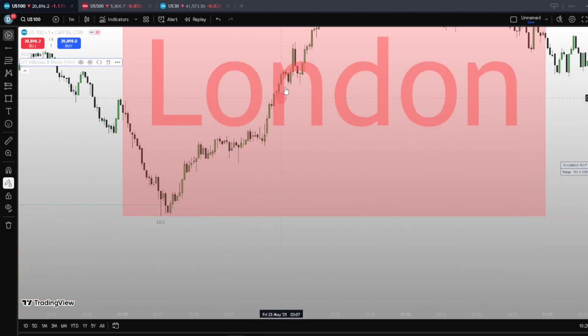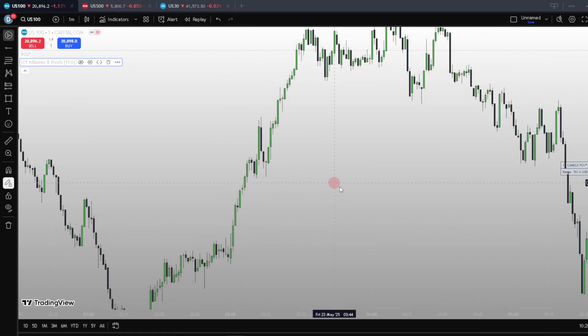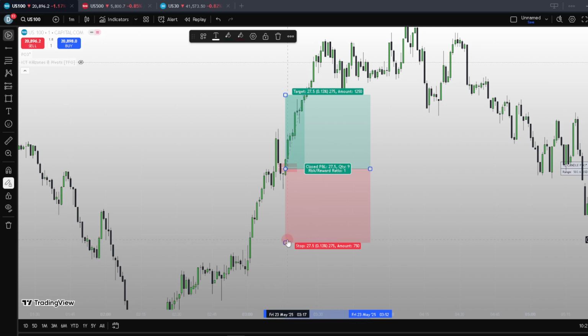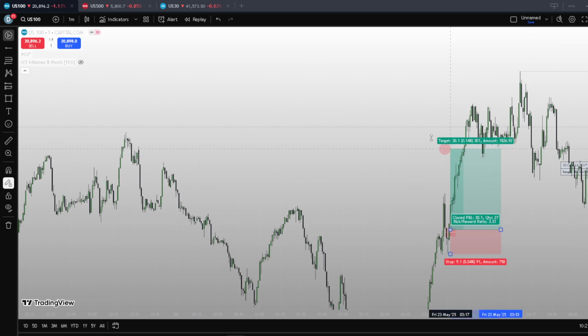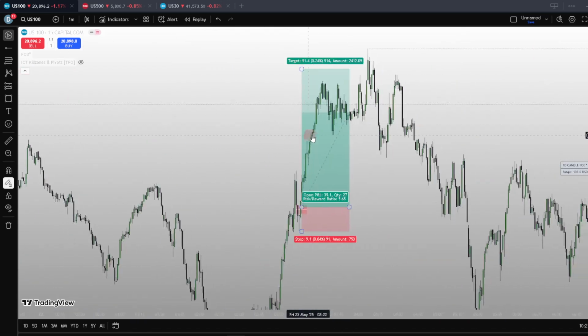We had no entry here. I would look for price to develop the structure more. We made a high, we made a low, and we made a fair value gap here. We disrespected this fair value gap, so this is technically an inverse fair value gap, and this could be my entry from here after entering in this inverse fair value gap. Put your stop loss there and put your take profit at the high of this candle, and as you can see, we would hit and we would smash this trade.